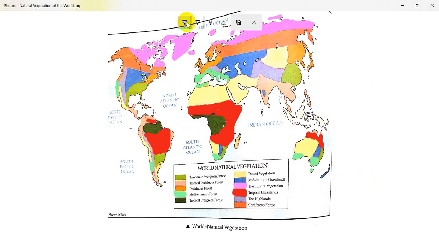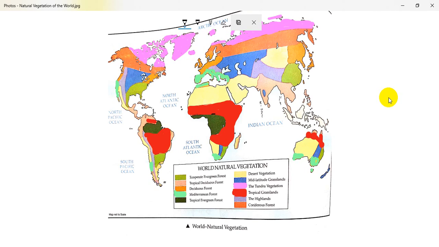It's just an explanation of the distribution of the natural vegetation worldwide. You can see the entire world with multiple colors, which indicate the different types of natural vegetation. It is only for your visual appeal, only for your explanation. No one is going to plot all these on the world map. When there are regular classes, we can do the plotting directly in class, but not now. It's just for your explanation.